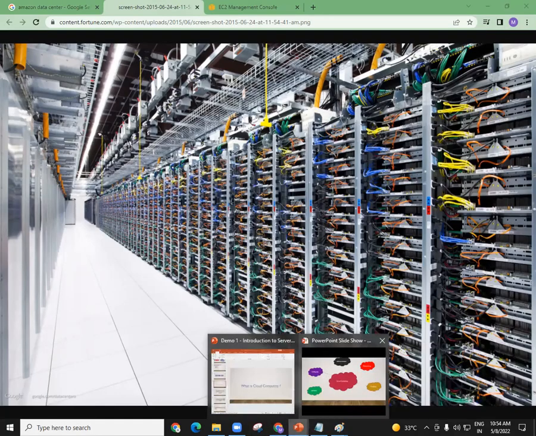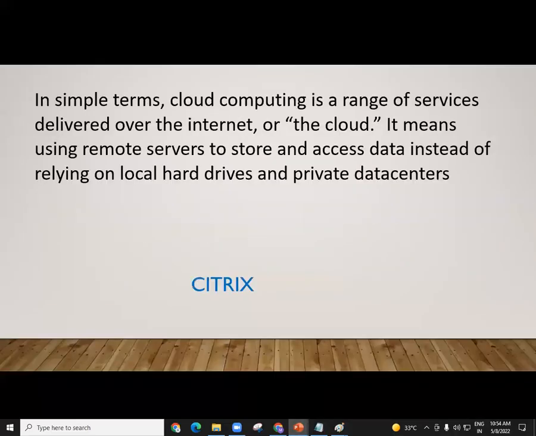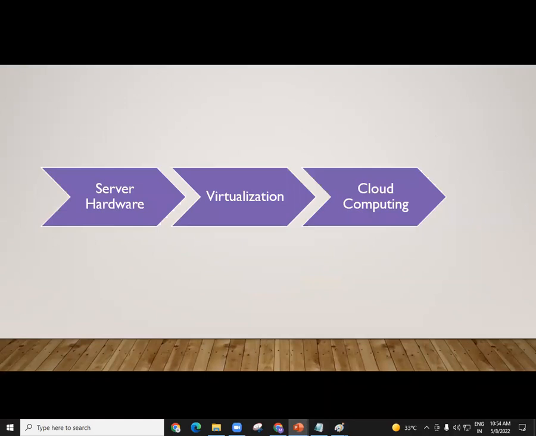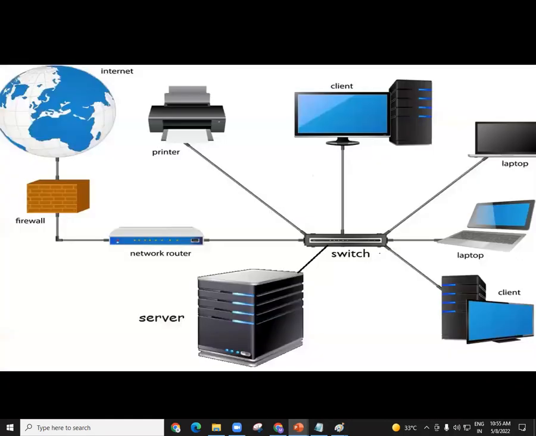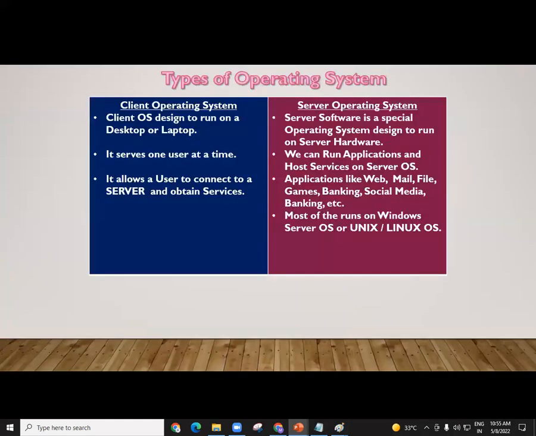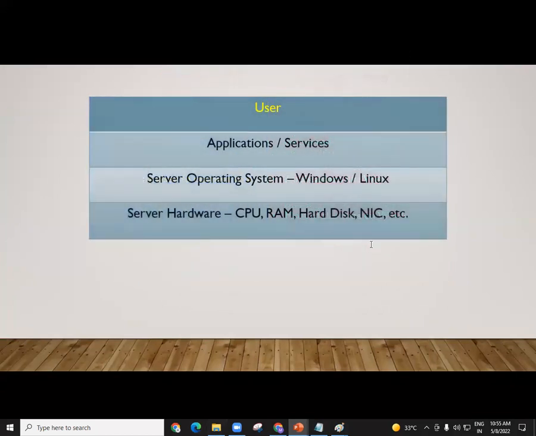Okay, my friends, so this is your cloud computing. I'm not going through all the details here. I'll take you through each and everything in our next class. Virtualization is something that I need to take you through in detail, and I need to go through all these devices again. So let us see in coming classes what we can do.